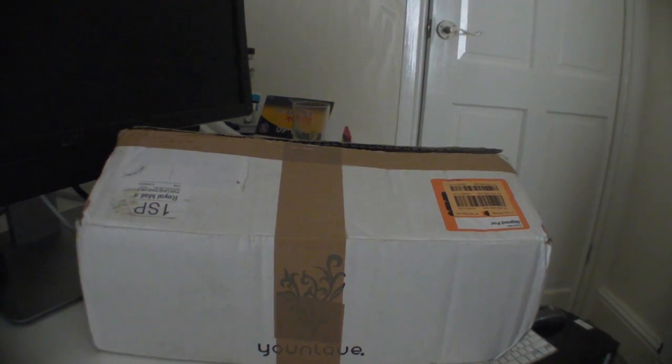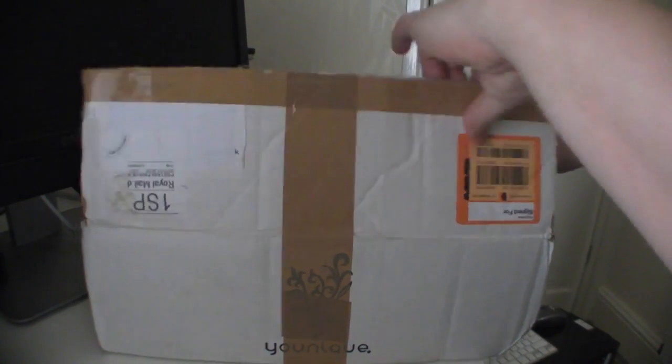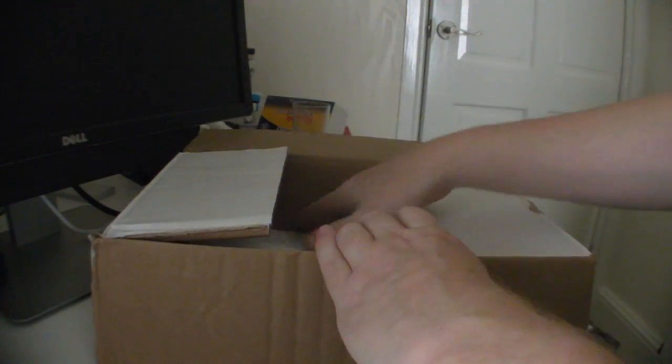Hello ladies and gentlemen. So my sound card's just arrived and I thought I'd show everyone what it looks like. Got some packaging material here, and we've got...